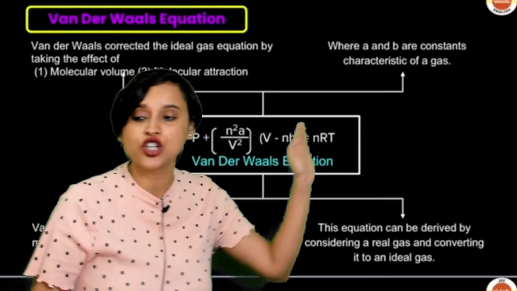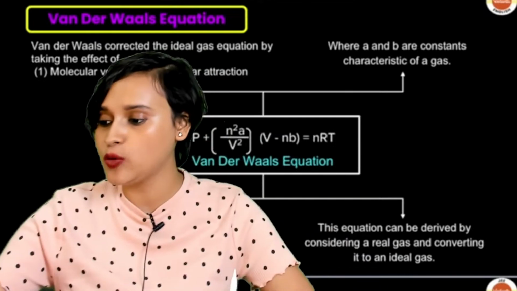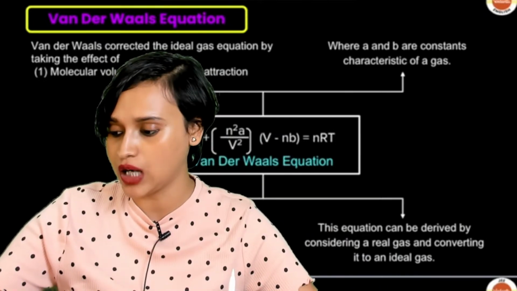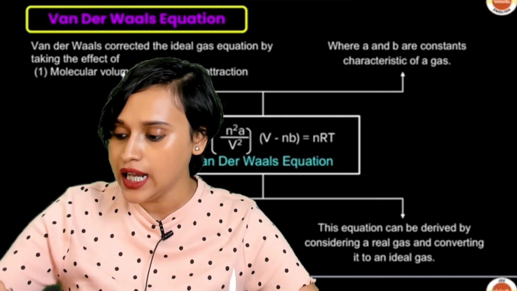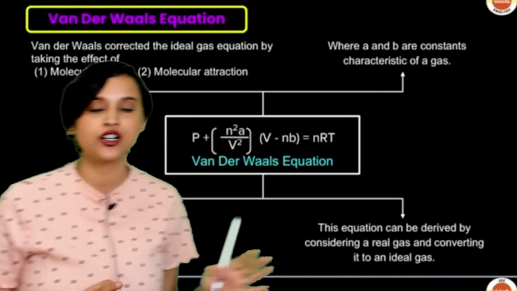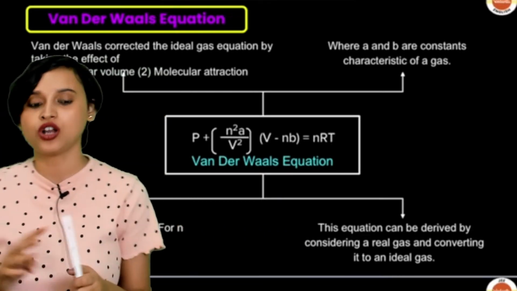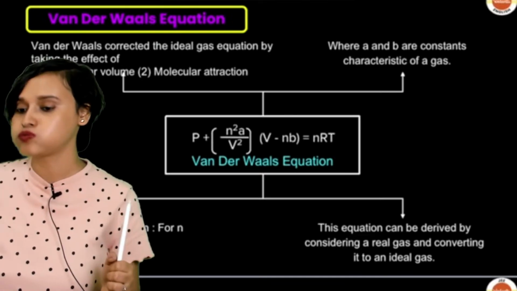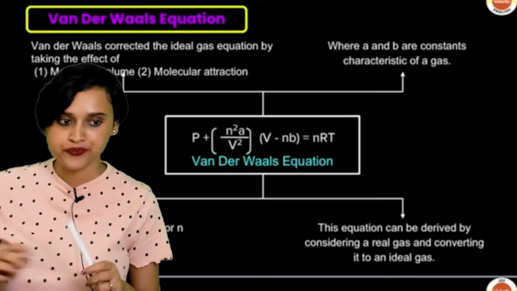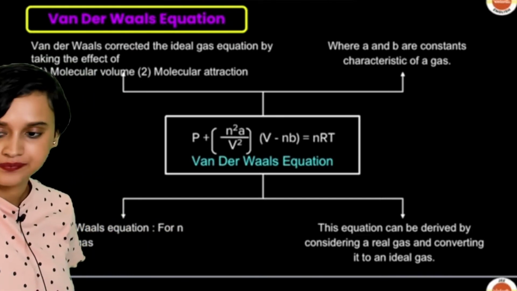But before that, just look at this slide, everybody. Just look at this slide and tell me what are the things that you are able to understand from here. Because I have pretty much taught you everything that was related to van der Waals, everything that is related to the correction. Please let me know if you all are able to understand all of these. Is this clear, guys? Is this clear?